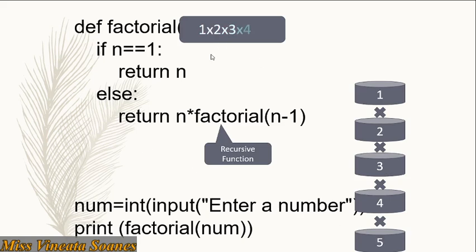So it's like you're saying 1 into 2 into 3 into 4 into 5, which is 120. So what you're printing here will be 120. So this program will simply print 120. Of course, you can write the factorial